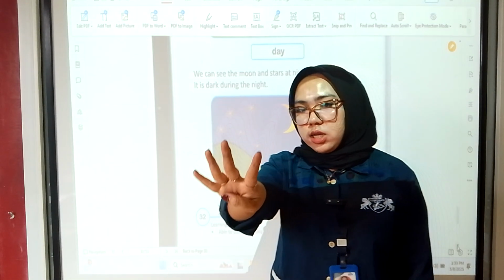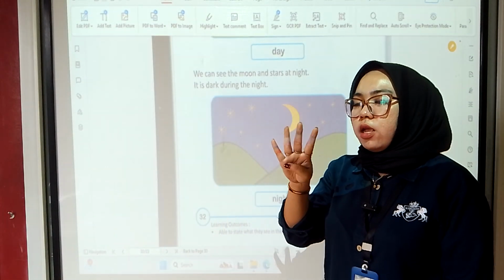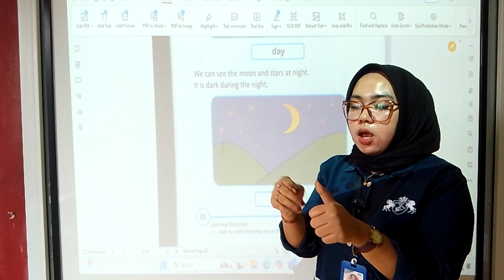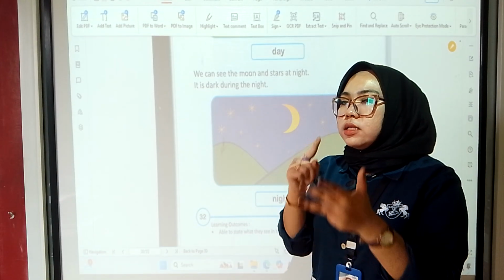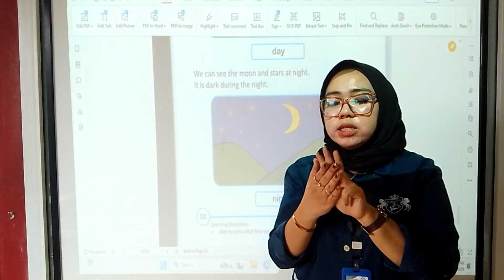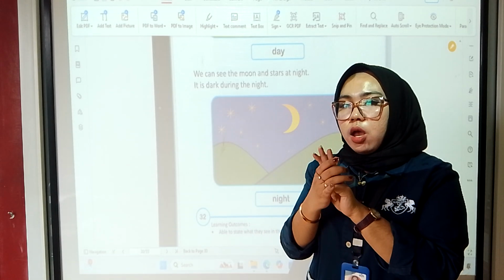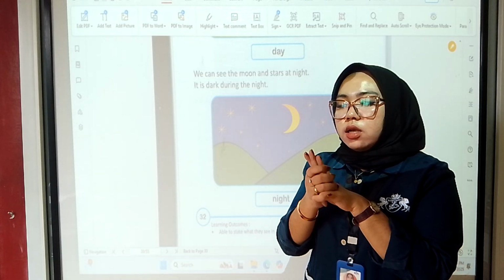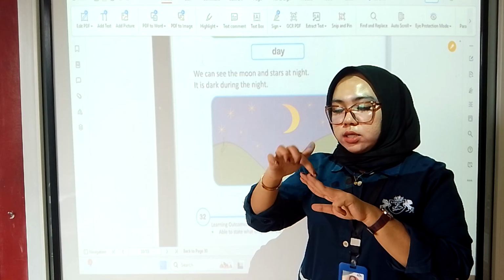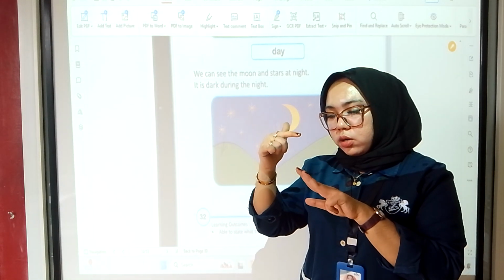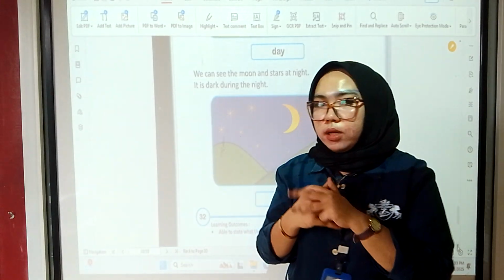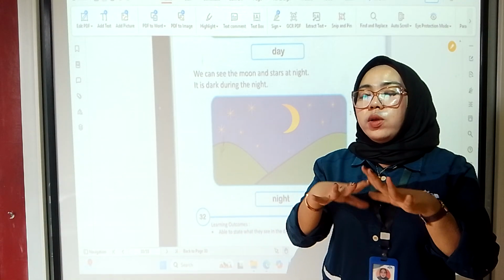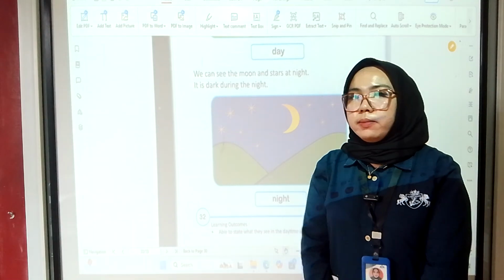So there are four natural things that you can find on the earth: the sun, clouds, moon, and stars. So these are the natural things that we can find on the earth. So guys, for the sun, the clouds, the stars and the moon, who made them? God made them. God created them. We, as humans, cannot create them.